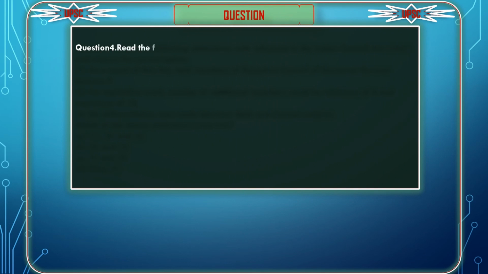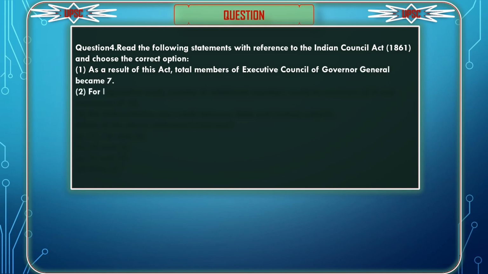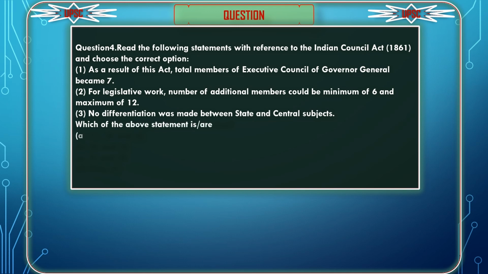Question 4. Read the following statements with reference to the Indian Council Act, 1861, and choose the correct option. 1. As a result of this act, total members of Executive Council of Governor-General became 7. 2. For legislative work, number of additional members could be minimum of 6 and maximum of 12. 3. No differentiation was made between state and central subjects. Which of the above statement is/are true? A. 1, 2, and